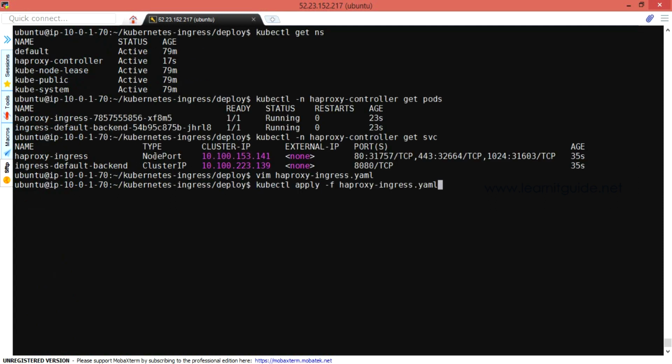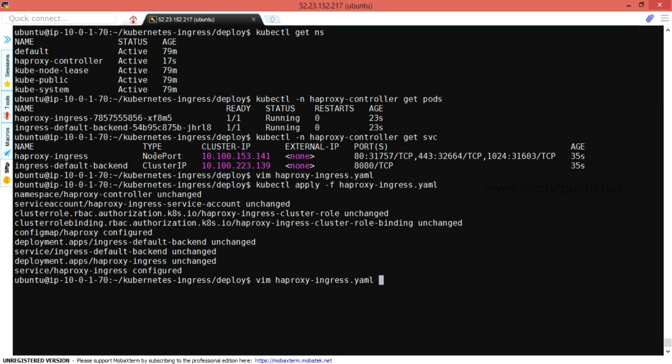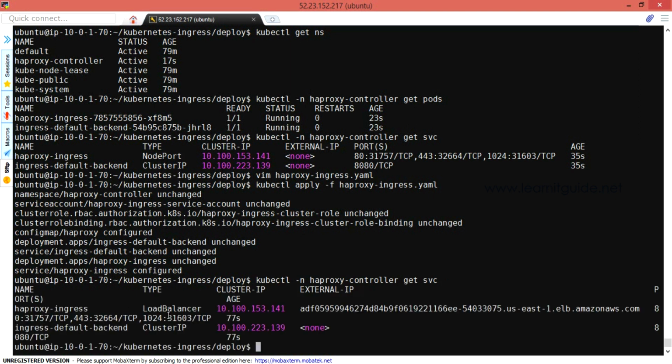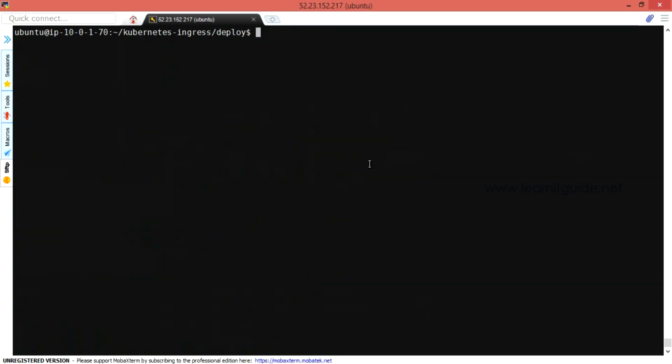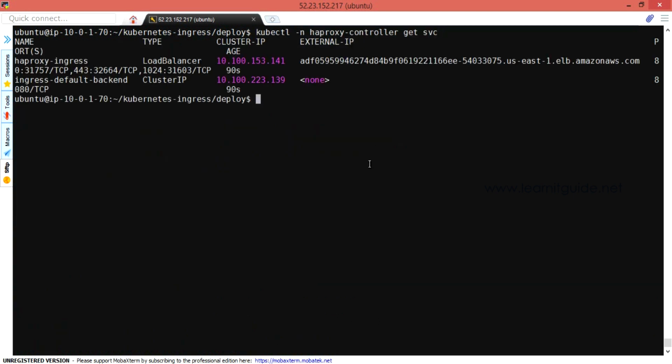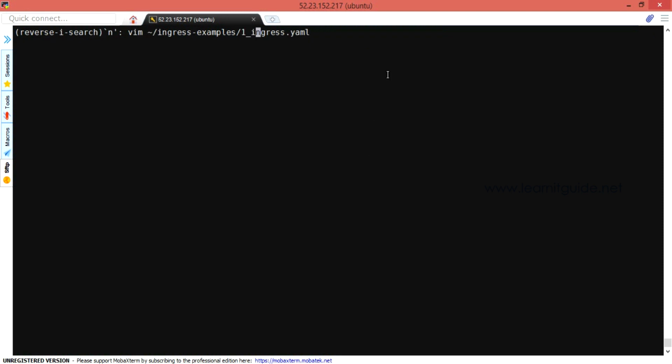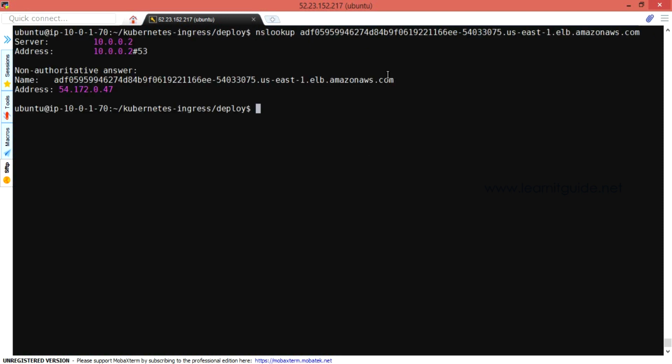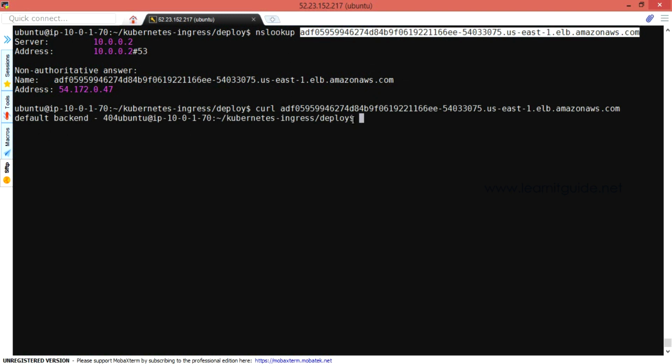At this time, the HAProxy Ingress will expose the application using load balancer, and we have got the external IP from ELB. So you can point all your domain names with CNAME record to this ELB. So this will be your single entry point to all your applications. It is not resolving. It will take a couple of minutes for the name resolution. Once that is resolved, just use curl command for the ELB.